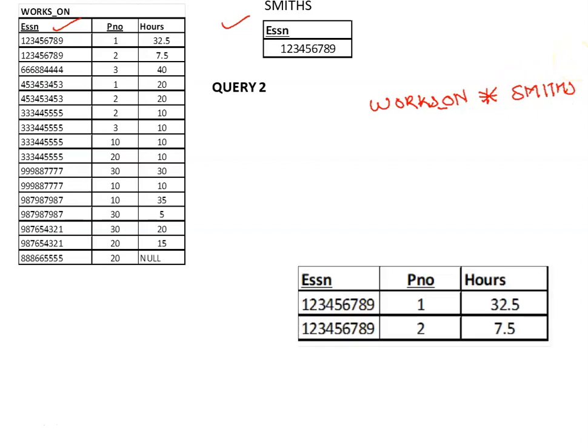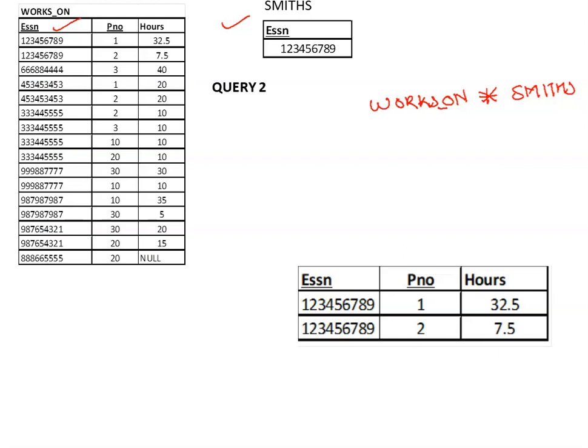What we get is this particular table. Here there are 3 attributes, here there is only 1 attribute. So when we join using a natural join, the duplicate attribute will be eliminated. So we see that Smith, whose ID is 1, 2, 3, 4, 5, 6, 7, 8, 9, is working on project 1 and project 2. We are interested only in a list of the project numbers.